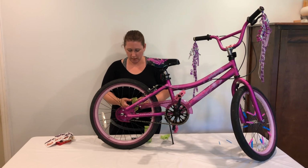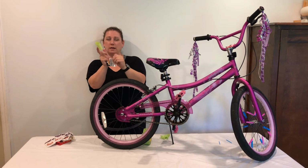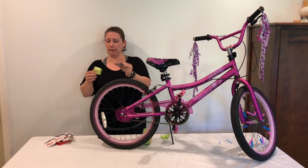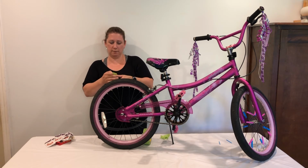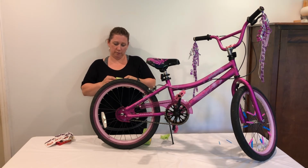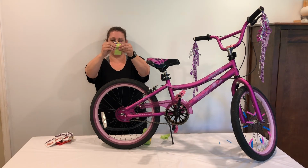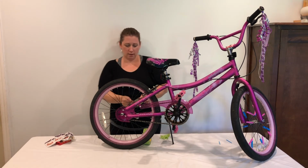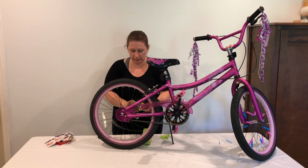Okay. Now, so I have my card and, again, we just bent the end of it a little bit so that it's kind of curved like this. My tape's tucked to itself. I'm going to take my tape and put it on the outside of the curve of my card. Then I'm going to stick my card through. I'm going to take my tape up and around